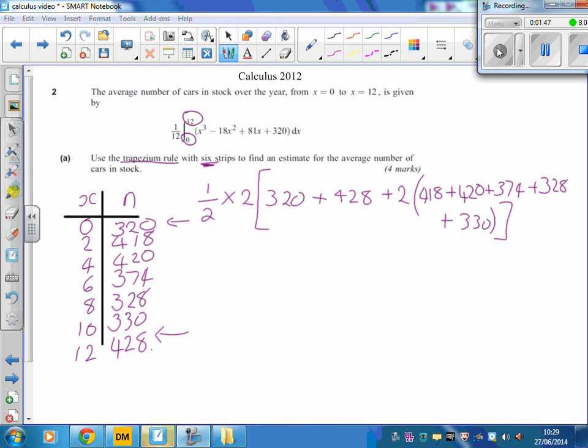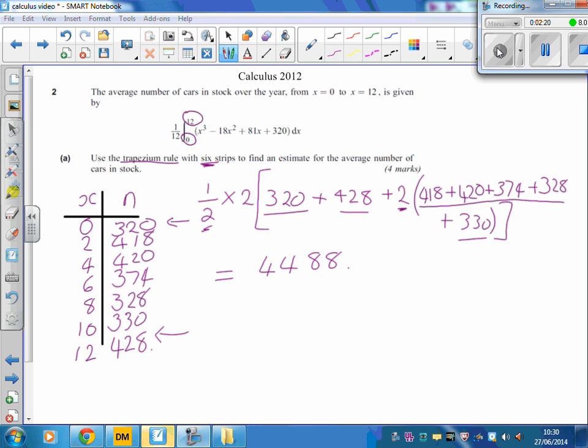Right, this then all needs just tapping into the calculator. And a little tip I find here, rather than start at this end, people can often make mistakes with brackets. So what I do is I always start off on my calculator, I add these up first, then I press equals, then I times by 2 and press equals again, then I add the first and the last and press equals again, then I finally times 2 and times a half, and that gives me